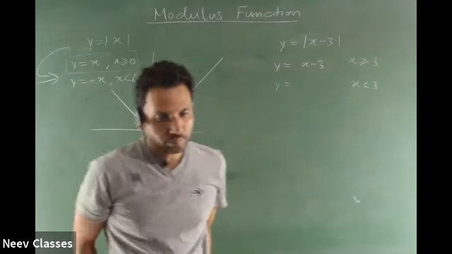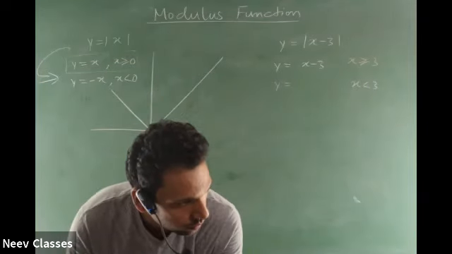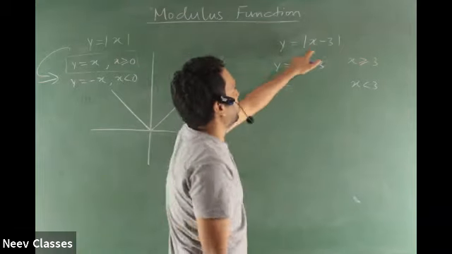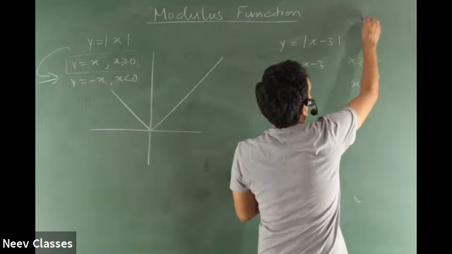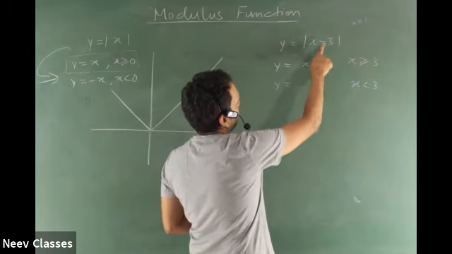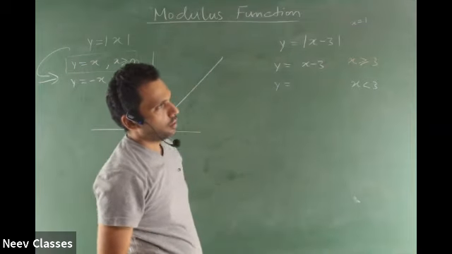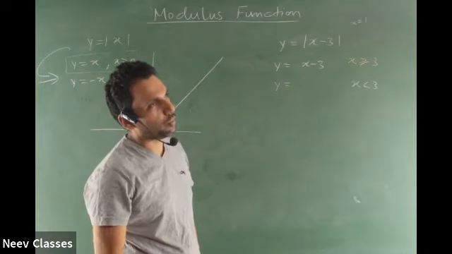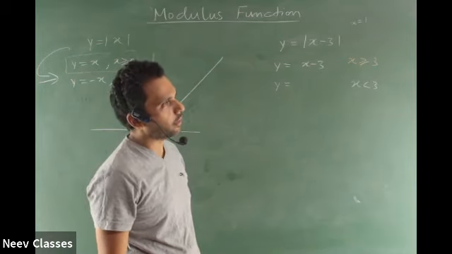Yes, Shreya. As it's less than 3, it will behave like what? So it'll be minus x plus 3. Minus x plus 3. Absolutely right. If x is less than 3, say x is equal to 1, this calculates as 1 minus 3, which is minus 2. It becomes minus 2 and the mod makes it plus 2 by doing a minus of the negative quantity, right?